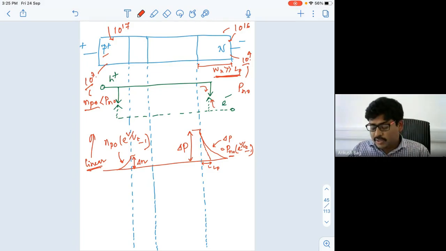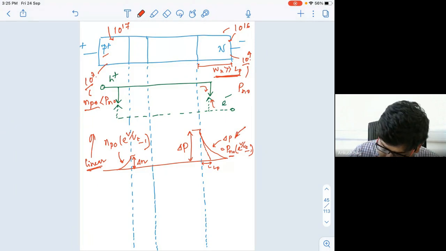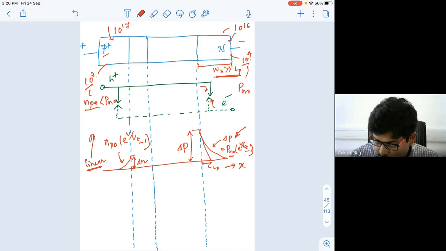Because the diode current equation that we'll get is due to this excess or injected carrier concentration. Here our injected carrier concentration is the hole concentration profile, and here our injected carrier concentration is the electron carrier concentration. That will decide our current. And now these are exponential; we can see that with x, it has exponential variation. So there will be diffusion current, and diffusion current is nothing but the derivative of this carrier concentration.